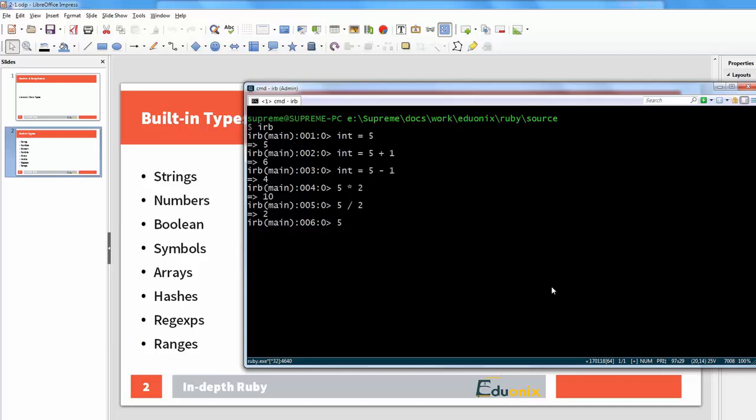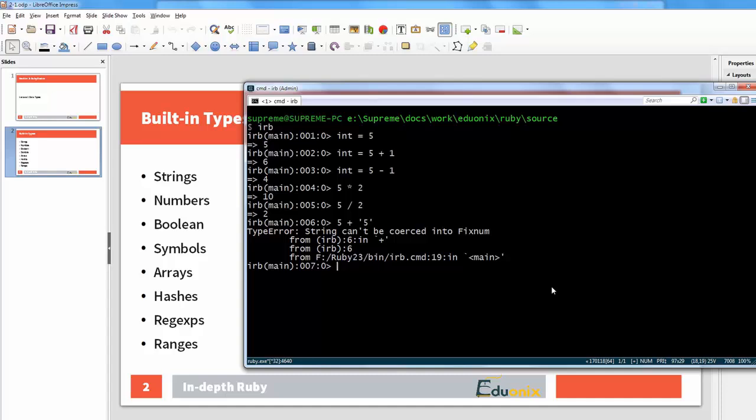But note, however, that if I try to do this, I will get an error. So those types won't be converted automatically. I cannot simply go ahead and apply this plus operation to an integer and a string. But what I can do, however, is try and convert manually to integer like this by saying to_i. So to_i is a method that is going to convert the string to an integer, and in this case